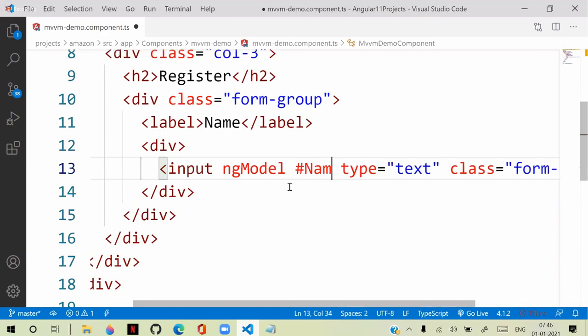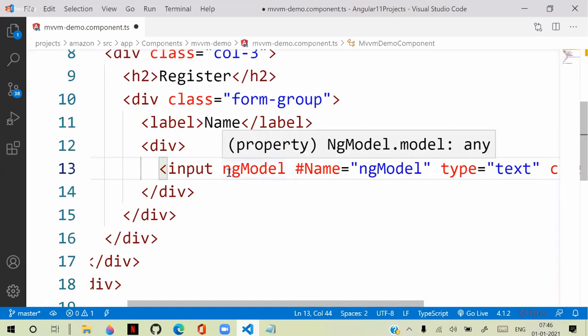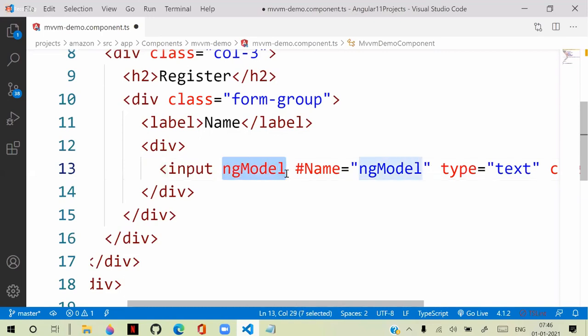I will give name. Okay, name. That means this hash name is a reference given for the text box to store its data in the model. So it should use hash name, it should use ngModel. So first, ngModel makes it dynamic.